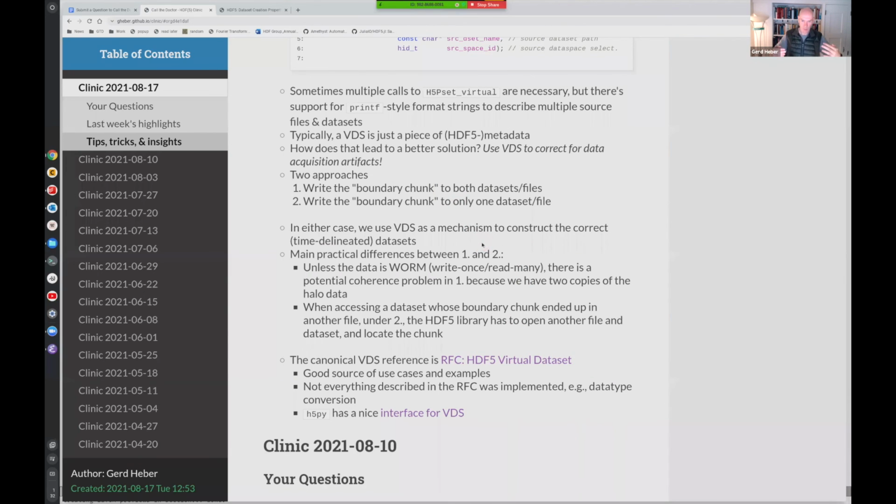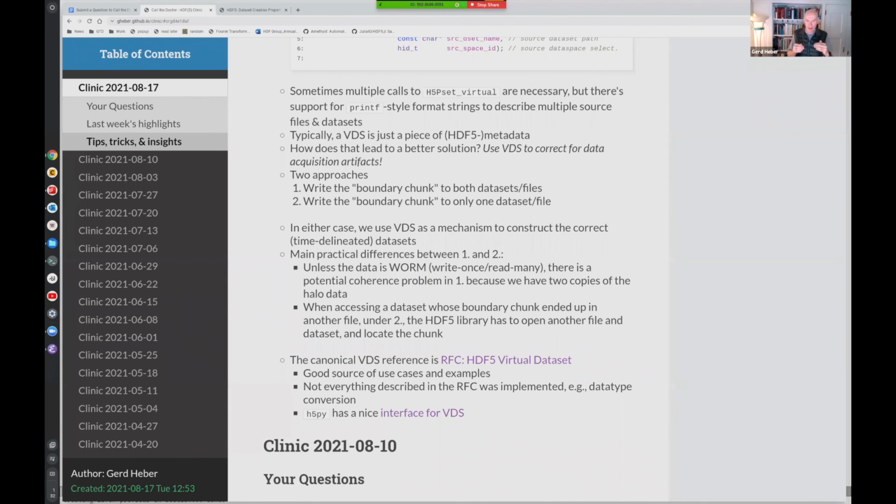However, if you think about updating data, then there's a problem because you have two or more copies of the same value, and the responsibility is on you to make sure that these copies get updated accordingly. In the other case, when you just decide to give that boundary chunk either to the previous or to the next data set, there is no coherence problem because there is no duplication.